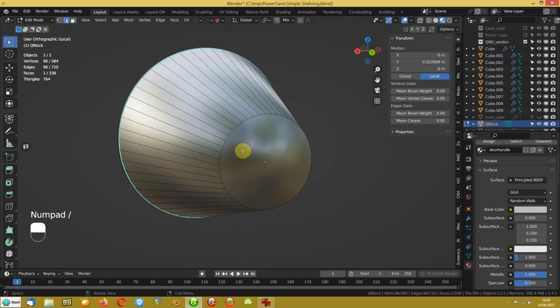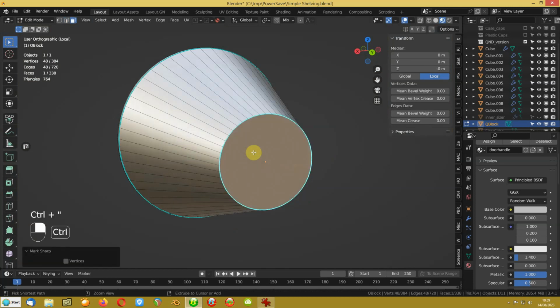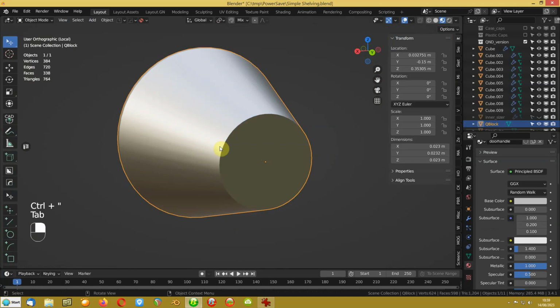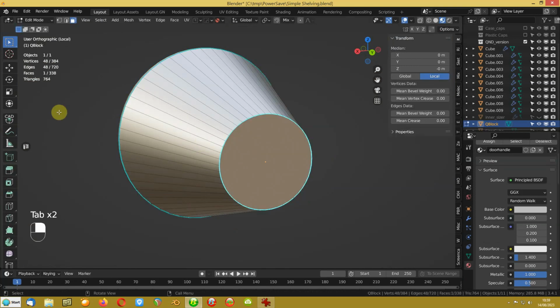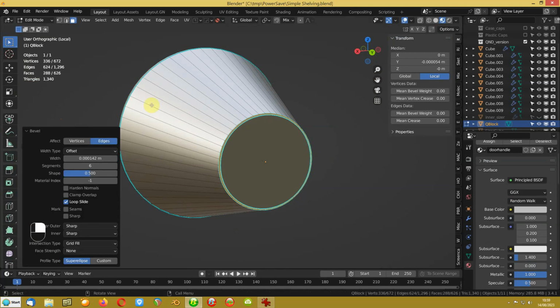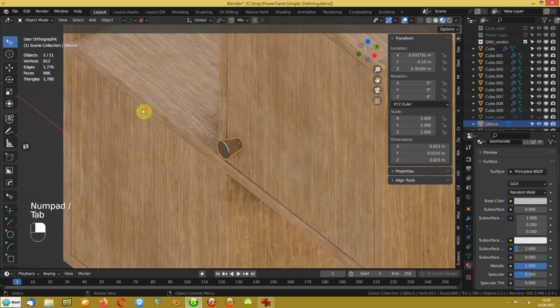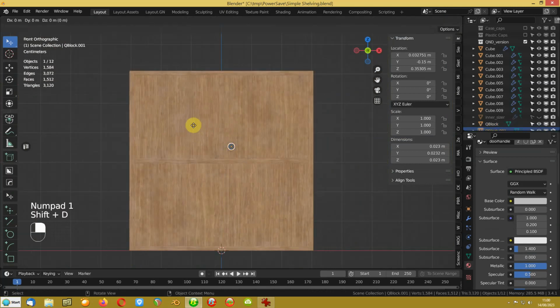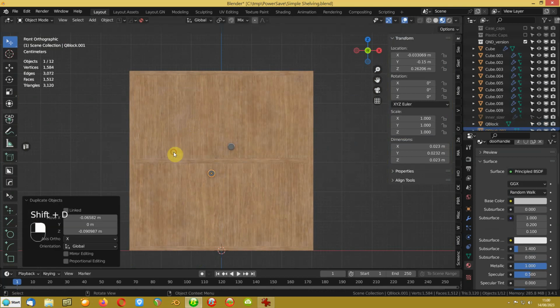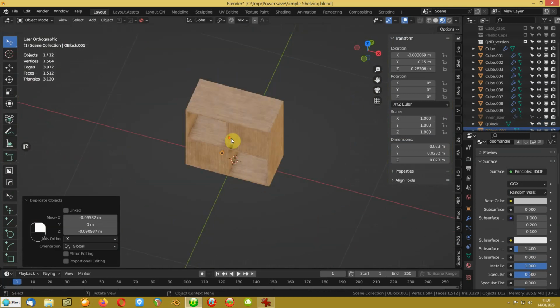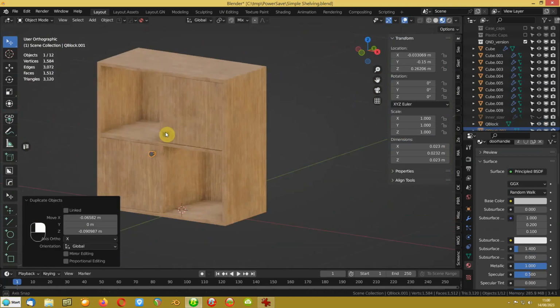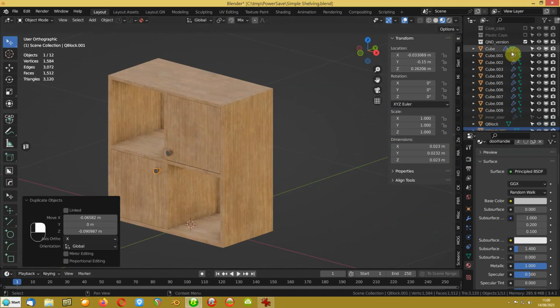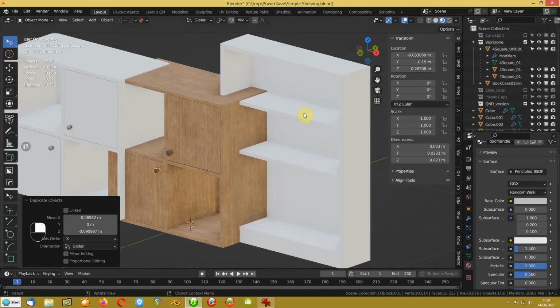Local mode, select that, and I'm going to mark that sharp as well. And actually I'd probably be inclined to put a tiny bevel on that. There's our door handle, and just Shift D, move that down there for the second door handle. So there's your 4 block, and if I pull up the work zone,